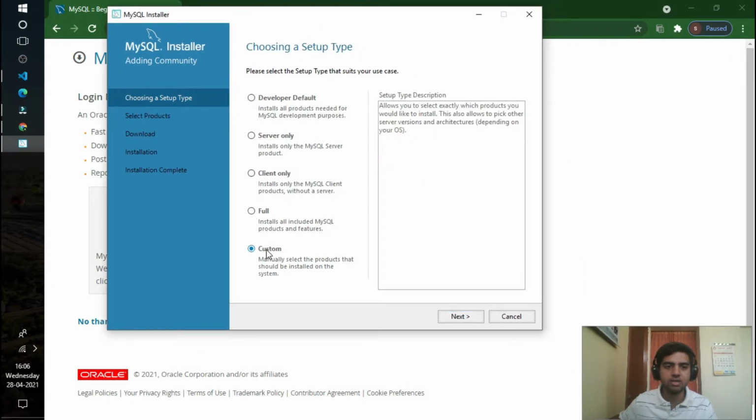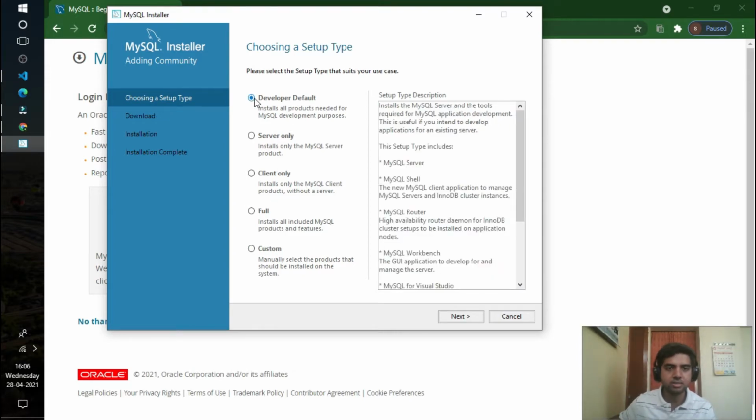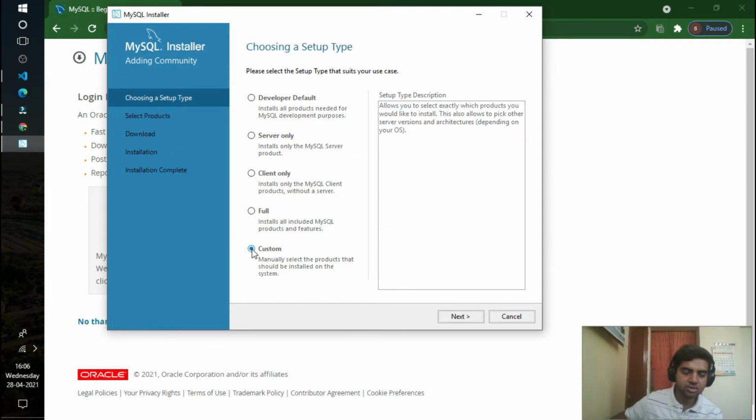I mean, we need to design our own settings. I'll tell you why I jumped out of this developer default. Developer default sets all types of settings, some of which you don't need. If we go to custom, we can set up our DB machines according to our needs.